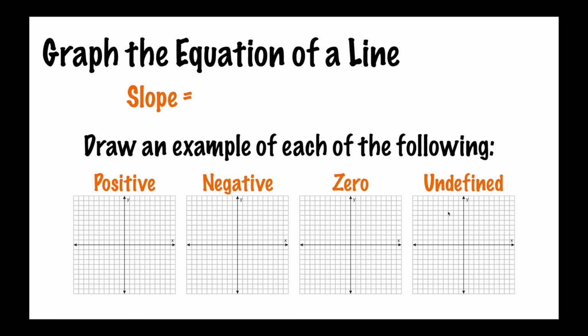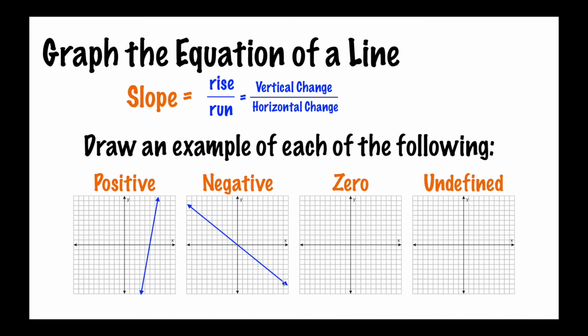Next, we look at slope, and we can think of this a few different ways. One way is to remember that it's equal to the rise over the run, and that means it's the vertical change over the horizontal change. And we want to be able to identify what type of slope it is just by looking at the words down here. So if it's a positive slope, we want to remember that from the left side of the graph to the right side of the graph, it should go up. And we're always going to read each graph from left to right, just like we would read a sentence. So a negative slope is going to go down as we move from left to right. A zero slope is going to be a horizontal line,